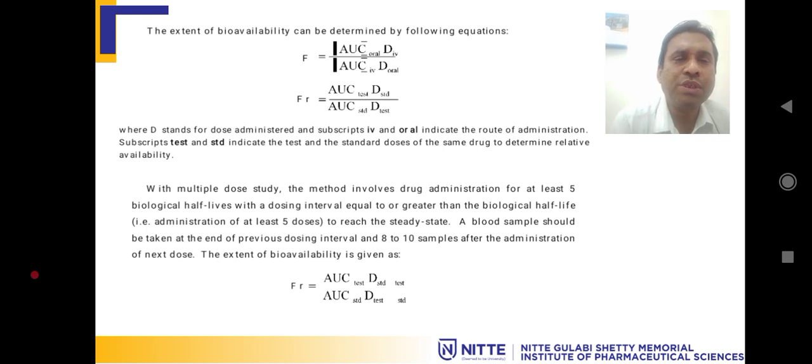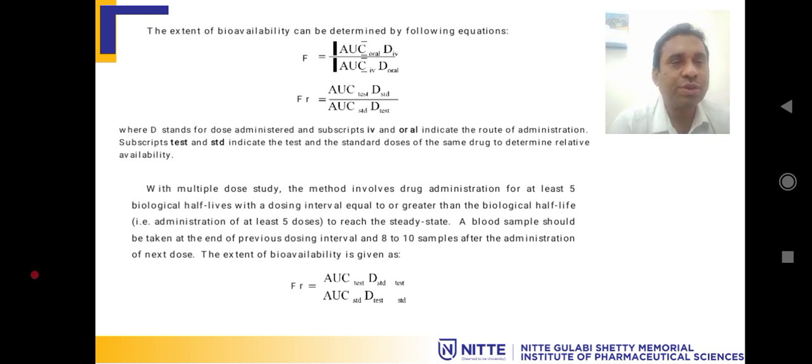With the multiple dose study, the method involves drug administration for at least 5 biological half-lives, with the dosing interval equal to or greater than the biological half-life. That is, administration of at least 5 doses to reach the steady state. So 5 doses should be given to reach a steady state